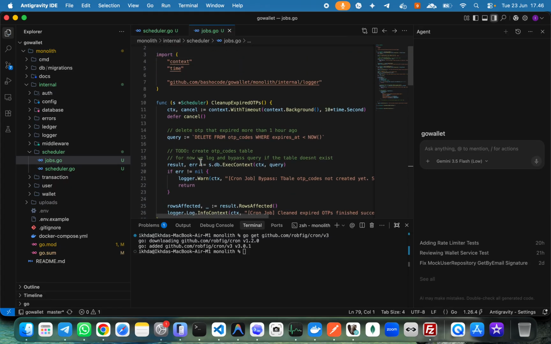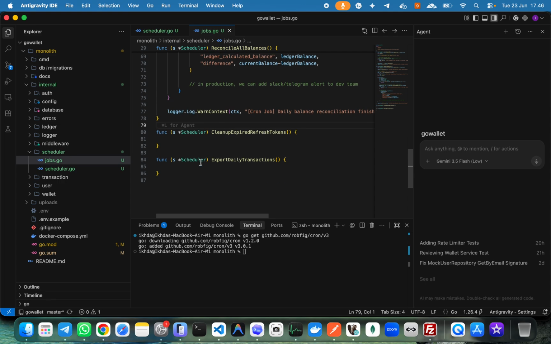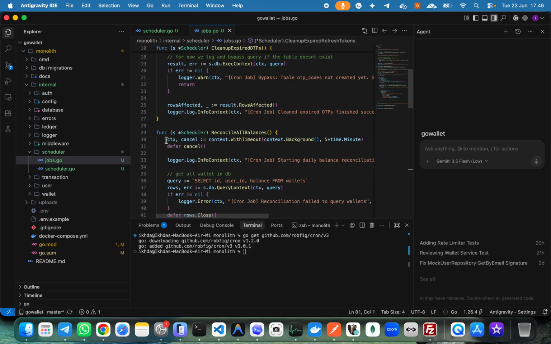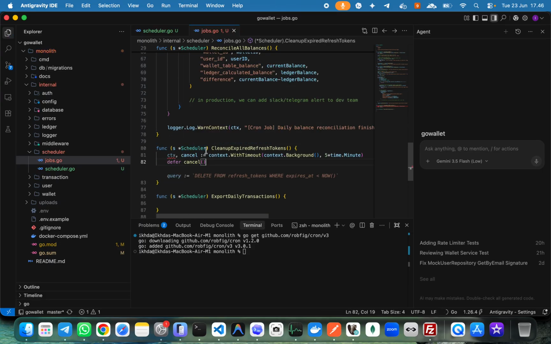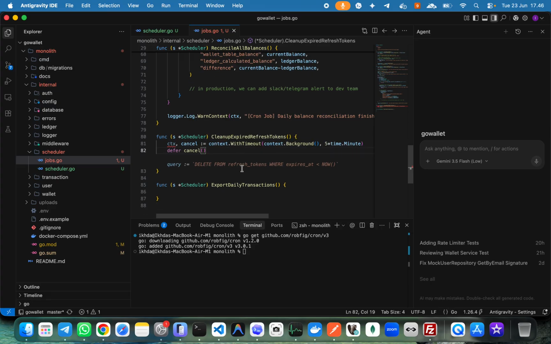And then for the other, which is clean up expired refresh token, I think we need this one as well. We just copy, then should be... how many time now? 15 seconds. And then